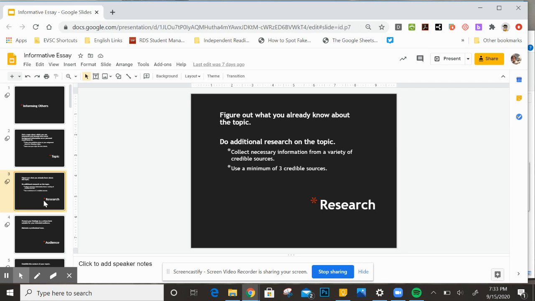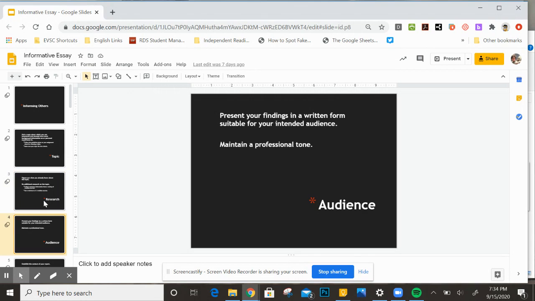Now, any information that you get, no matter what that information is or why you're including it, it must come from a variety of credible sources that are going to back you up, but they are sources that the audience, the reader, will trust, okay? For this paper, you're going to use a minimum of 3 credible sources. That's a standard number. I think a lot of times when you get a paper assignment from a teacher in any of your classes, 3 is going to be a pretty general number that you're going to have to use.